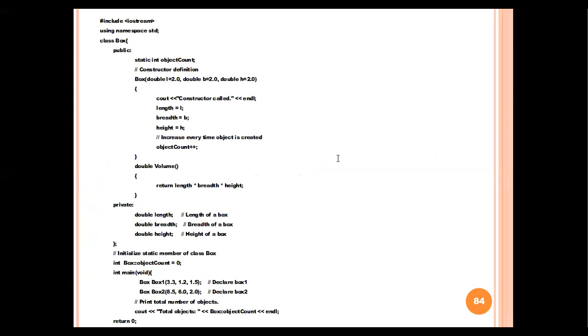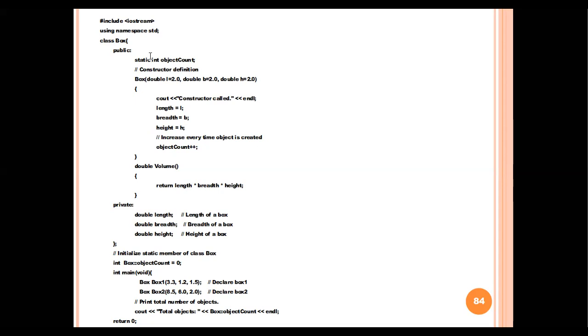I will show you the actual demonstration, but before that, what are the different data members as well as member functions available inside that class box? And what is the output with respect to the main function? One by one, just tell me.